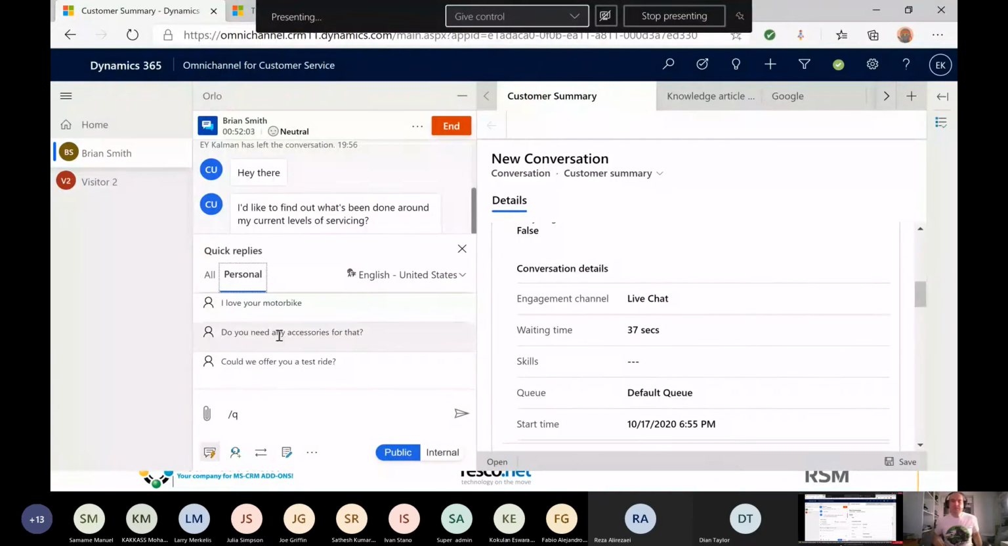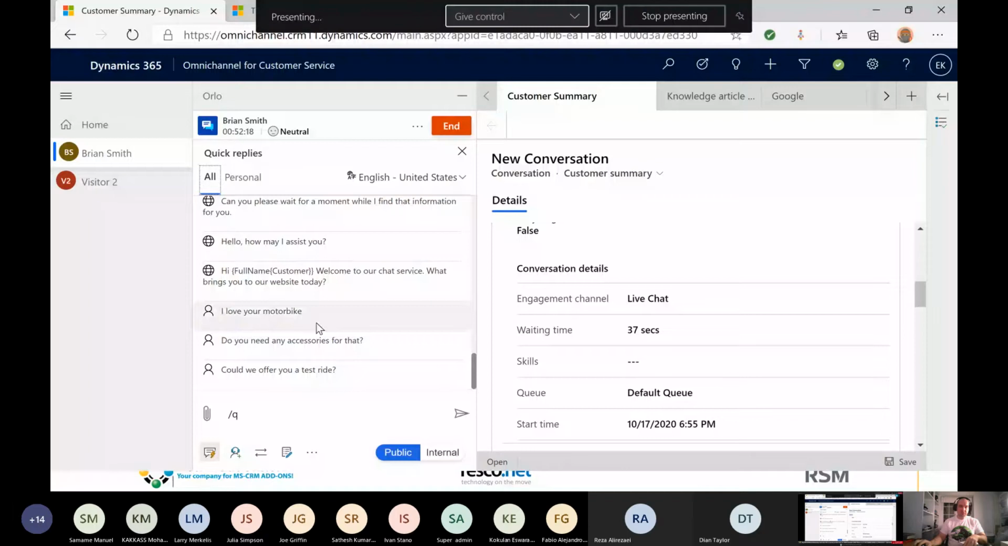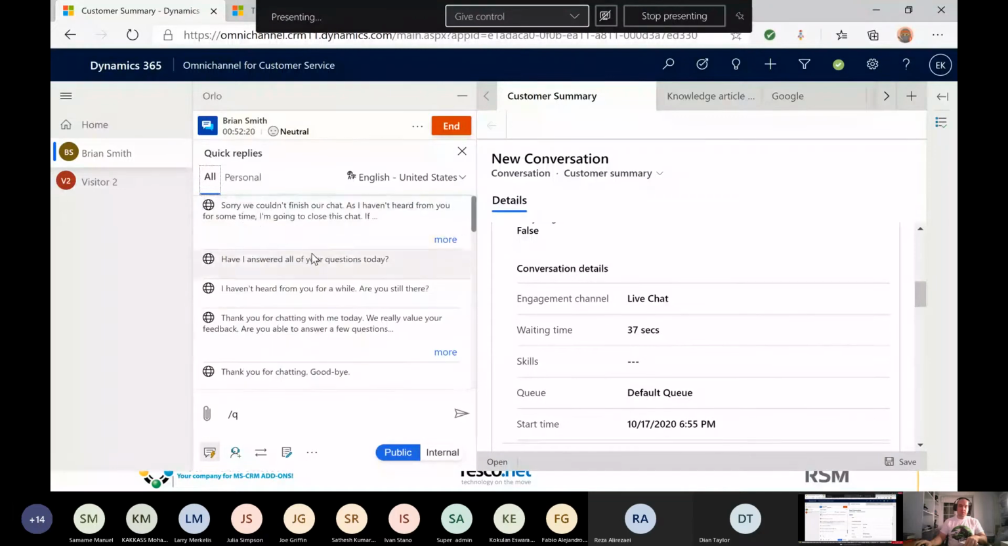But I haven't configured that at this point in the system. So quick replies are personal to you when you put them in, and you can share them with some other people. But again, it doesn't mean that this list is going to be hundreds, if not thousands, of entries long. In fact, if we look at all and we scroll down, we can see that the icon